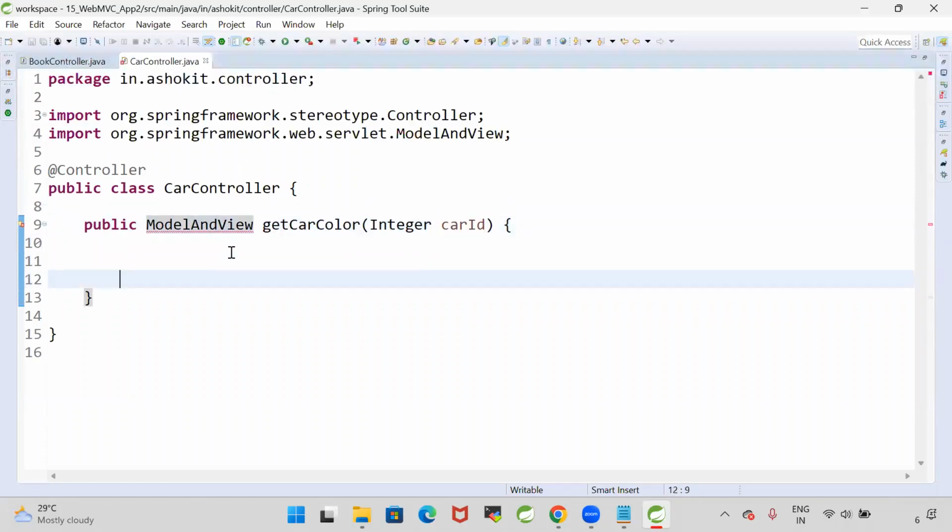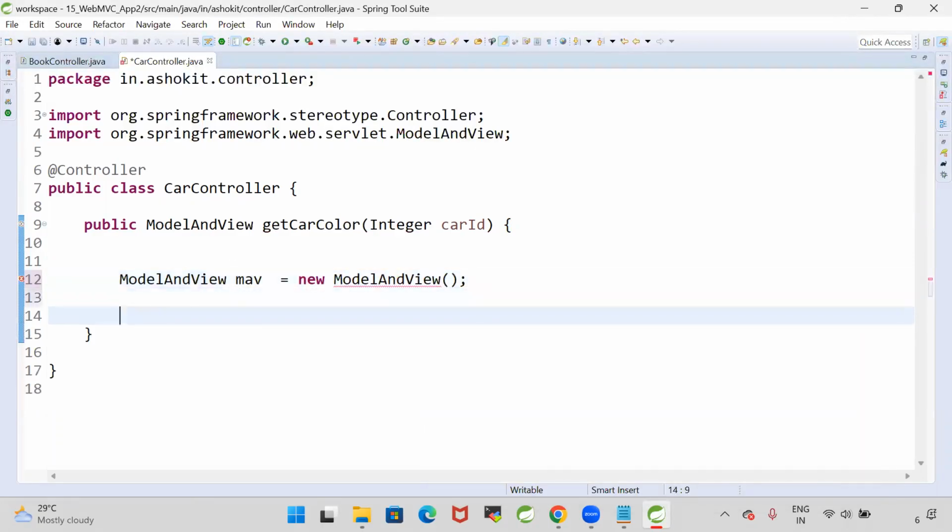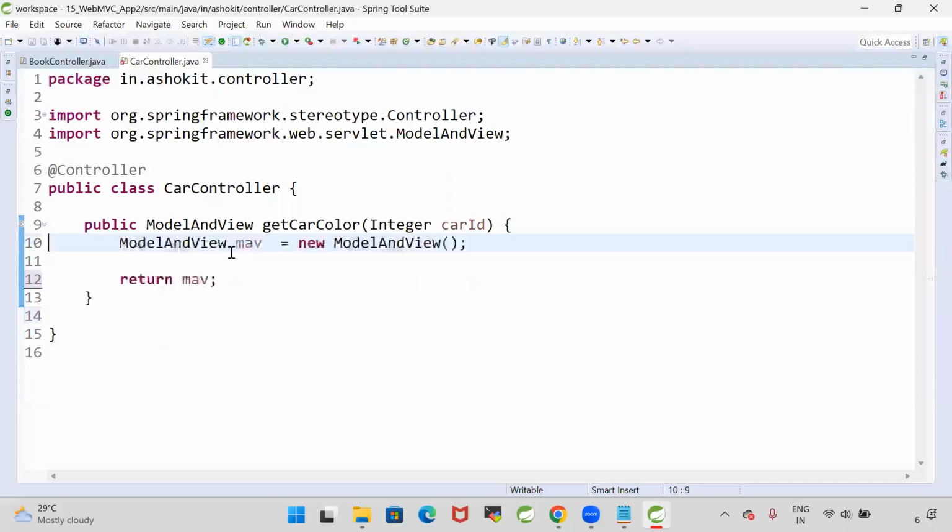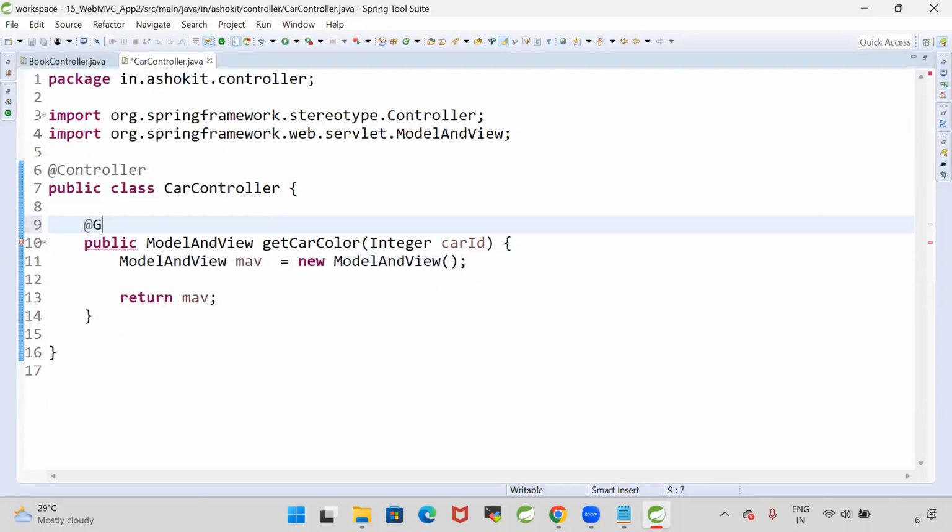ModelAndView represents data in the form of key and value. Let me create a ModelAndView object. ModelAndView mav is equal to new ModelAndView. I have created that. Then return the ModelAndView object. Perfect. Now here, this method I am binding to a GET request, @GetMapping, /car